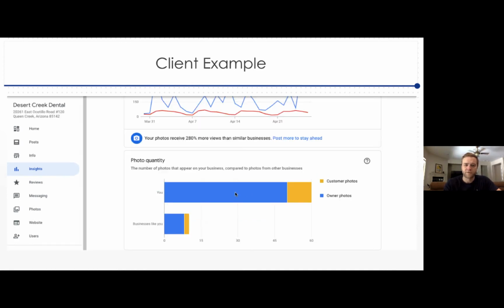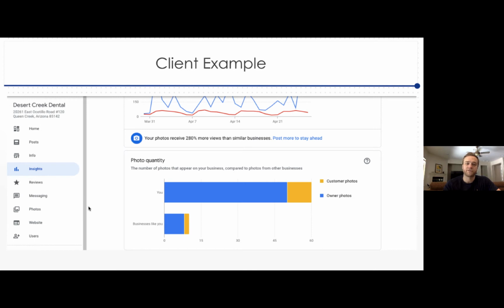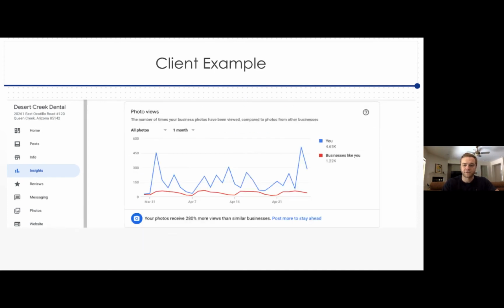Here's another one where we talk about member photos and showing personality, where our business is up here and how many photos we have compared to other businesses like us. So you can see we're really utilizing rich media, which is photos and videos, so we can help them not only show more personality to the customers, but also give Google more information about their business so Google can trust us, right? And as you can see here, what that's doing for us is helping us to increase the amount of interaction we're getting, right? So for this business, you can see that in that month, there were 4,000